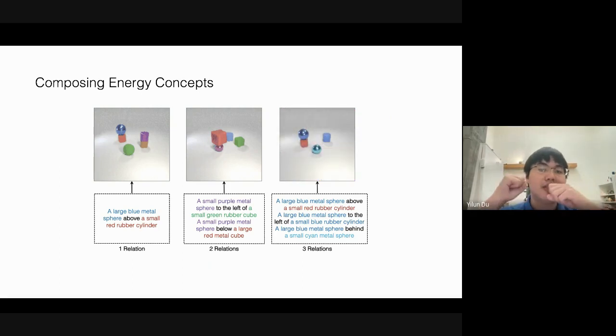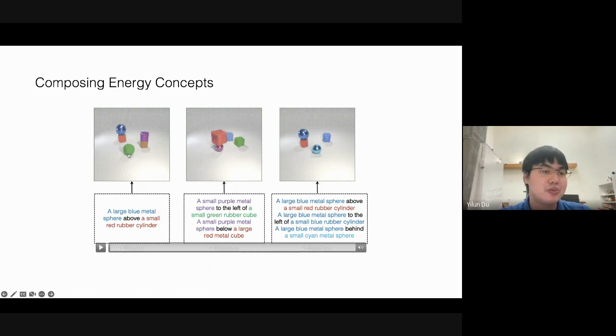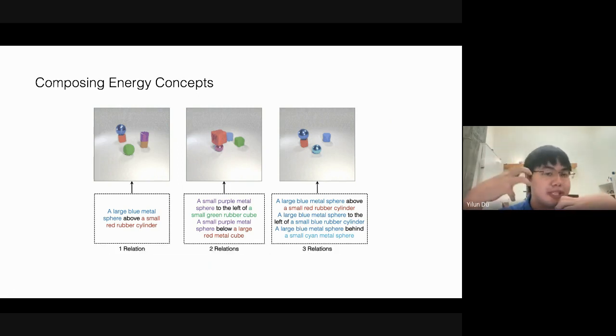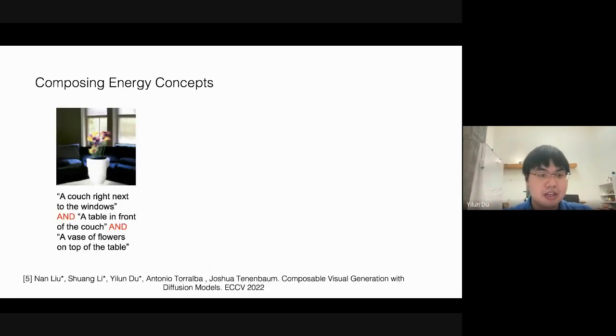And the interesting thing about this is that it really allows you to generate scenes with much more sophisticated combinations of inputs than what you saw during training time. So at training time, we trained each of these relation models with a single relation, and with scenes, I believe, with 3 objects. And then you can see that you can generate up to 5 objects. So you can both generate more objects as well as generate more complicated scenes by composing these models together, in addition to being able to learn these models at different points in time and then compose them together.